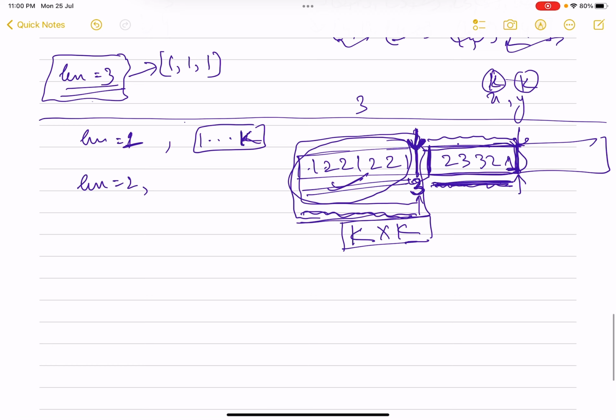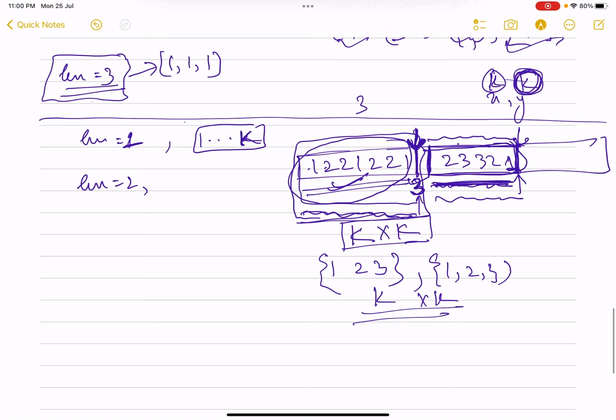this sub-array. Either you can pick 1, you can pick 2, you can pick 3, anything you can pick. Now comes the second position of the array, the second position of the sequence. So again you have all the k numbers present here, so you can pick either 1, 2 or 3. So that means here we have k possibilities, here we have k possibilities, all the possibilities are covered, right?